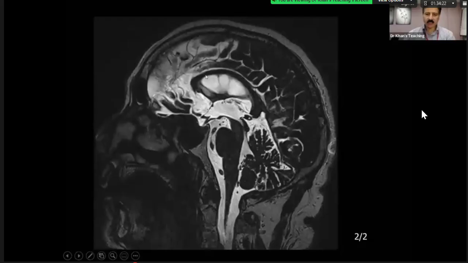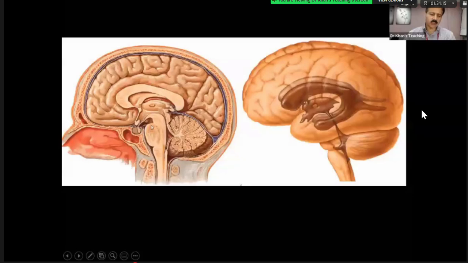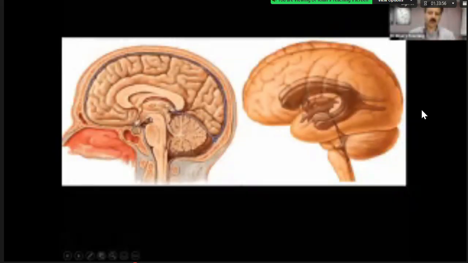And what is this? That's the corpus callosum. Okay, well done. Now, let's revise the anatomy. So this here is the hypothalamus. The floor of the third ventricle has got a few structures. Some of them are not important for you because you cannot discriminate between them radiologically speaking. But some of the words you have to remember.